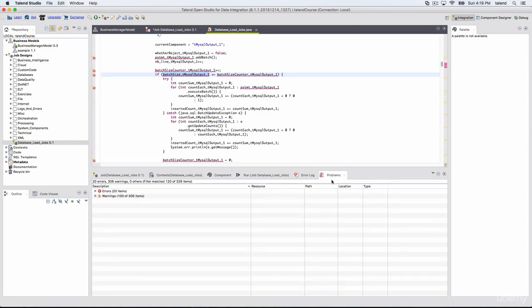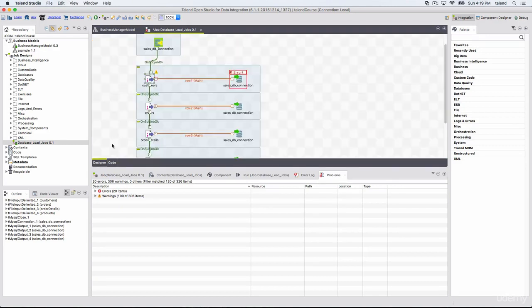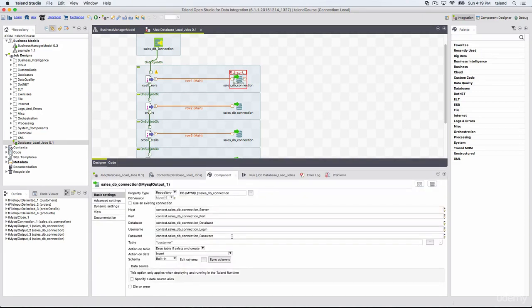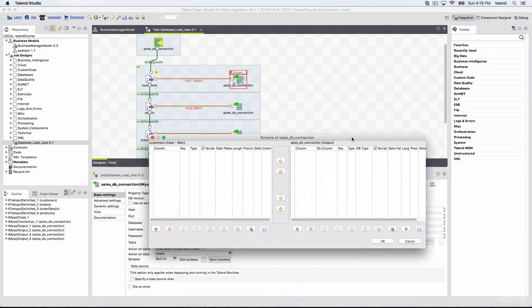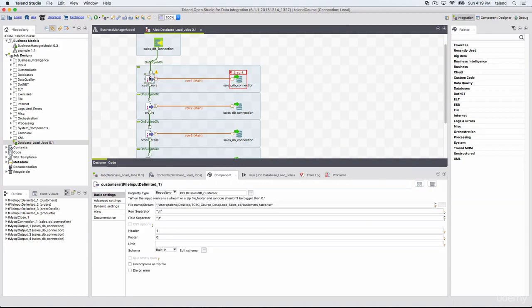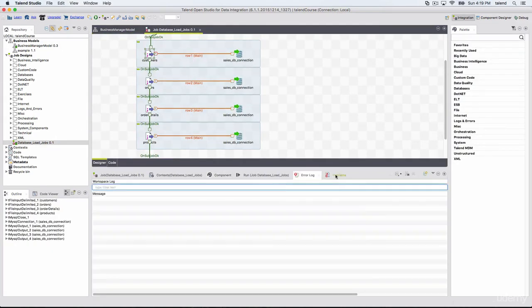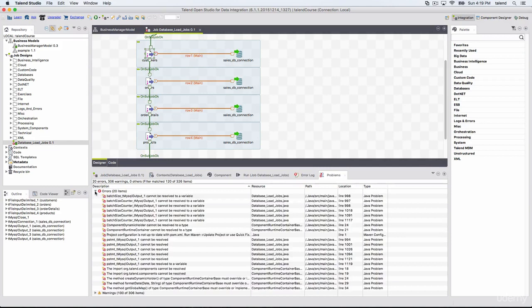Actually I don't use this because I don't go into the code and make changes there. I work only on the designer. So for example, if I see an error here, I know what's happening, I will just go to the respective component. It's saying that it is an error because it doesn't have the schema there, and it's showing a warning. It clearly explains that there is no schema here. So I know what is happening. I don't want to close this, save this. Let me close that. It is still thinking there are some problems with this job.